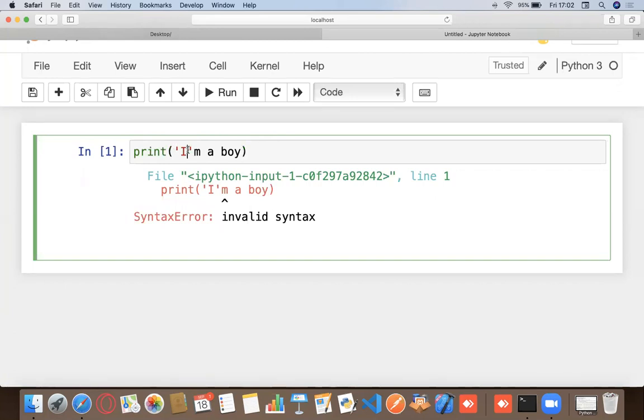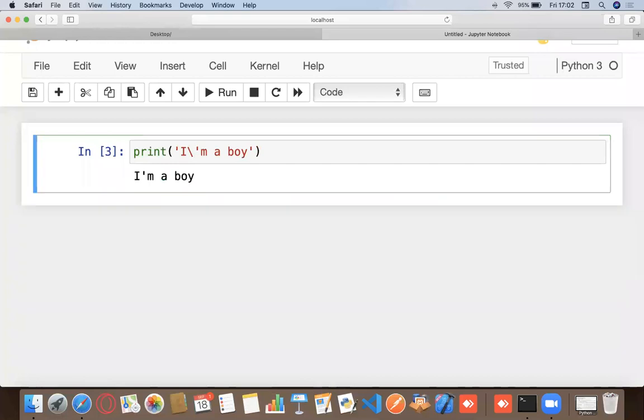But when I put a single quote in this string, it actually closes the single quote. That's where my string starts and ends. Anything between it is a valid string; if it's not between it, it's not a valid string. That's why I get the syntax error. One way of doing it would be the escape sequences that we learned yesterday. There are a lot of escape sequences, and we also sent you a link. Instead of writing this single quote, we have to escape it using this backslash, and then it's a valid string.